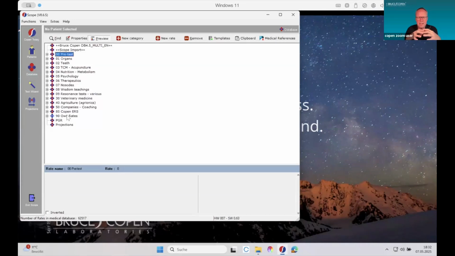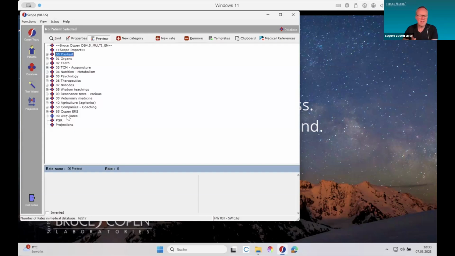So the database is structured in a way that it always relates the ID number of the actual item, or of the rate, to the subcategory where it comes under, or subcategories if there are more, and the main category. So it's quite a complex structure, and that's why it's a bit difficult to later add items to databases, especially